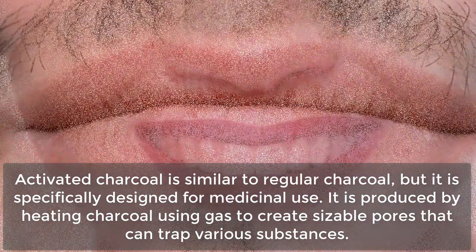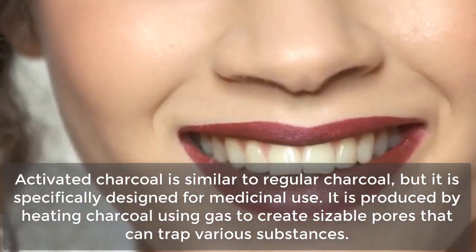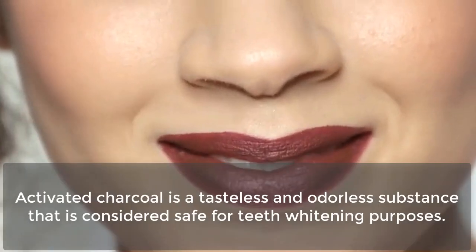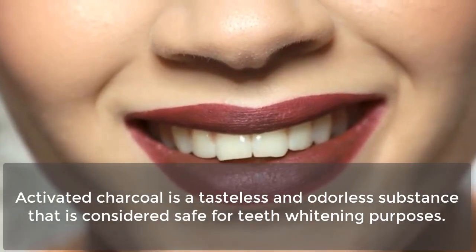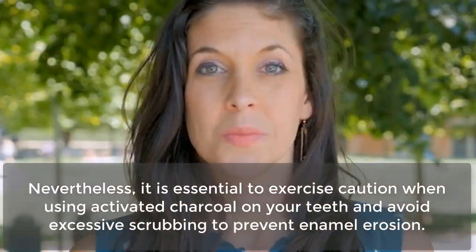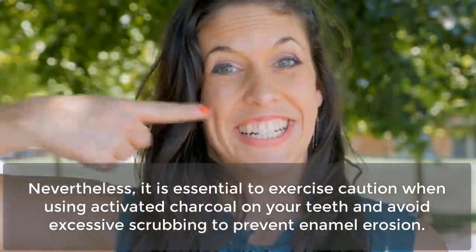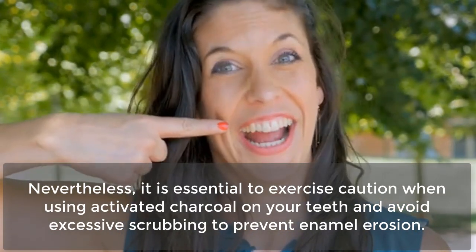It is produced by heating charcoal using gas to create sizable pores that can trap various substances. Activated charcoal is a tasteless and odorless substance that is considered safe for teeth whitening purposes. Nevertheless, it is essential to exercise caution when using activated charcoal on your teeth and avoid excessive scrubbing to prevent